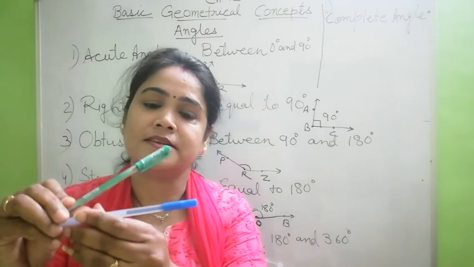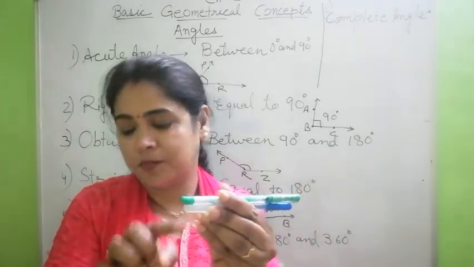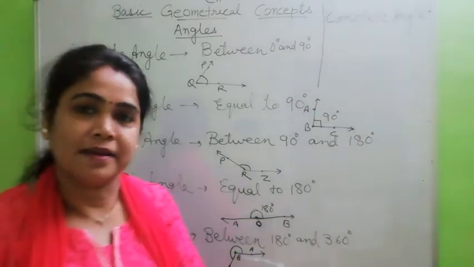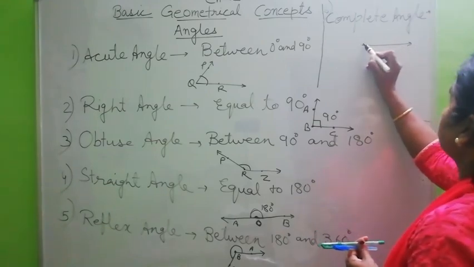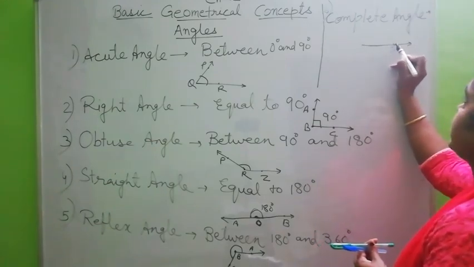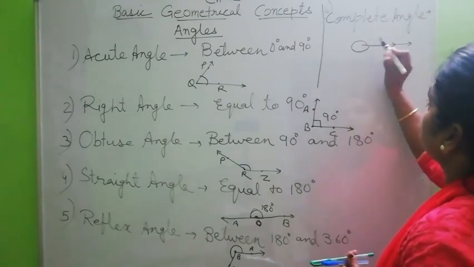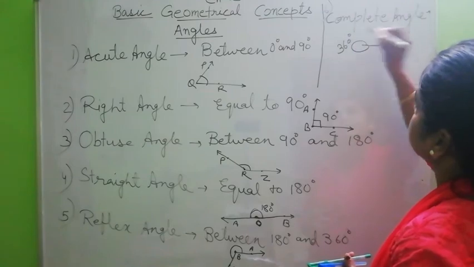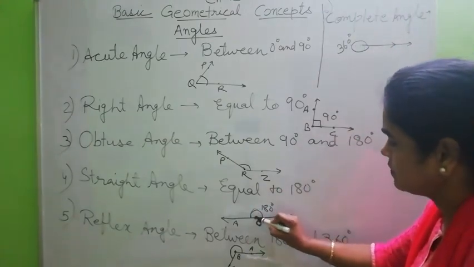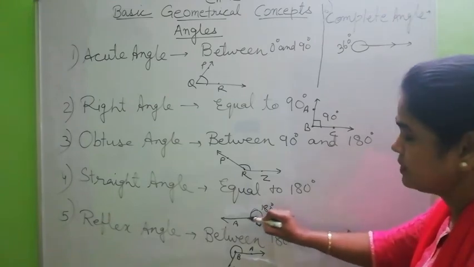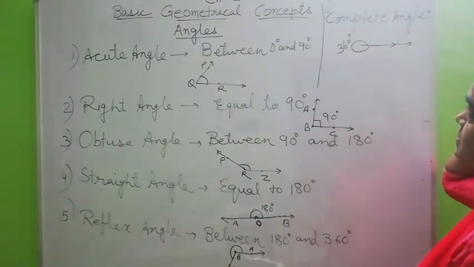But when it is rotating, just that it is lying on each other, here an angle is formed, that is called a complete angle. So two rays are moving, okay, one ray and one more ray, and they are overlapping each other. So here they formed 360 degree. 180 was like this, na? Here see, 180 was there. So double of this, it is coming back, moving and it is coming here. So double of this is 360 degree.